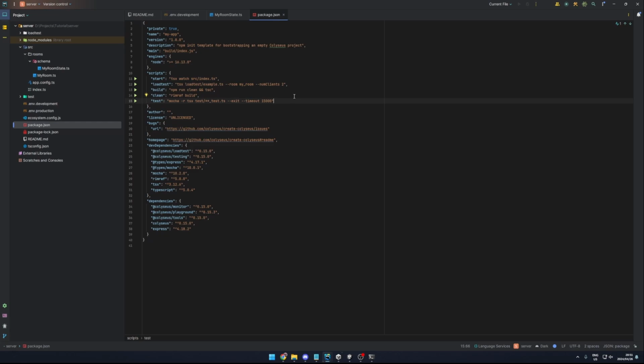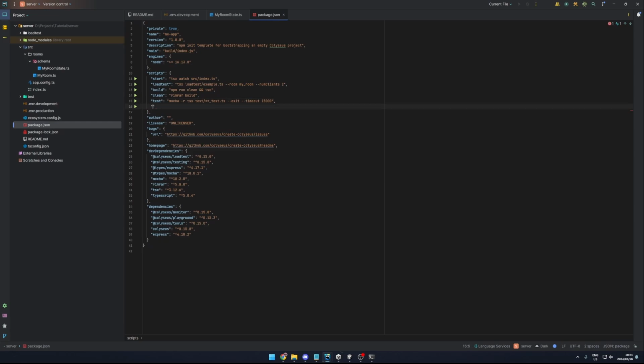Under scripts, we want to add a new command. Once that is done, we can then go to our terminal